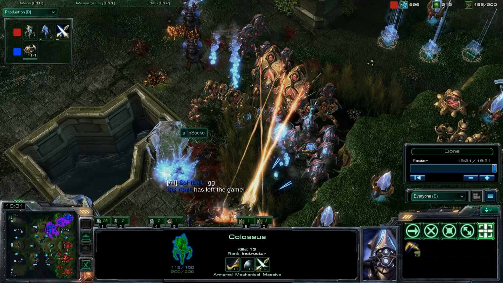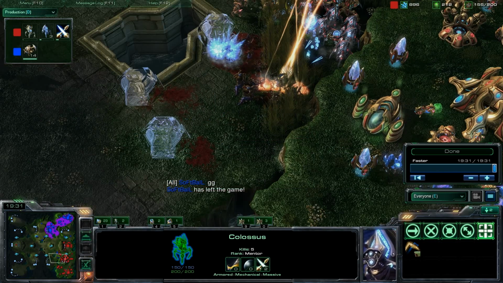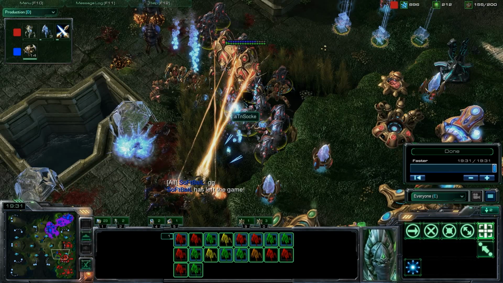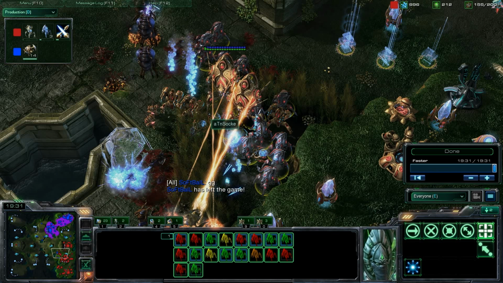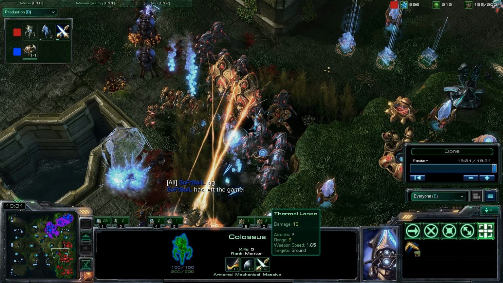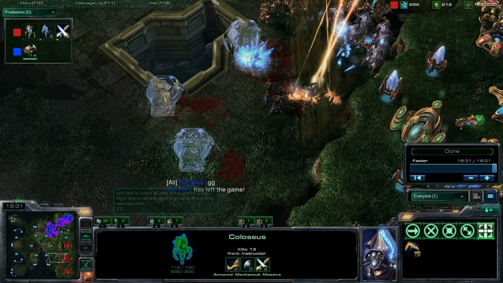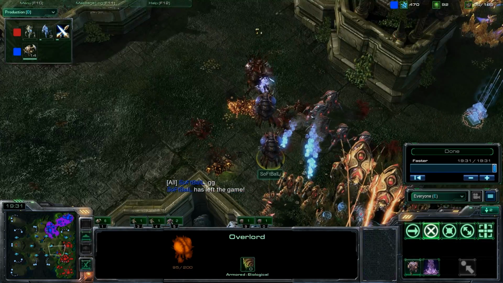He was not able to get a Spire up for those Corruptors, and just did not get a very good concave right at the start here. In this choke, he should have had the advantage against Socke, as all Socke's units could not attack in that small area, but the Colossus, those huge damage dealers with the range 9, were able to do so much damage against those roaches and hydralisks, really whittle down the numbers, and then the reinforcements here came a little too late